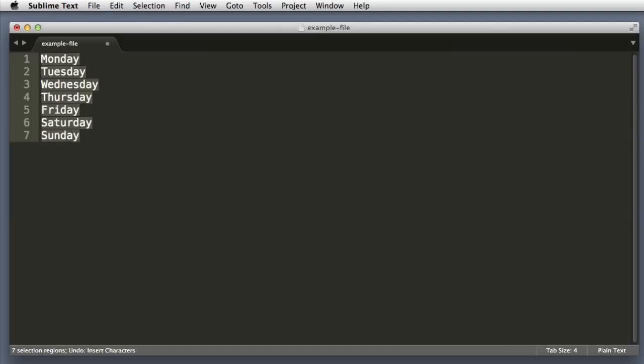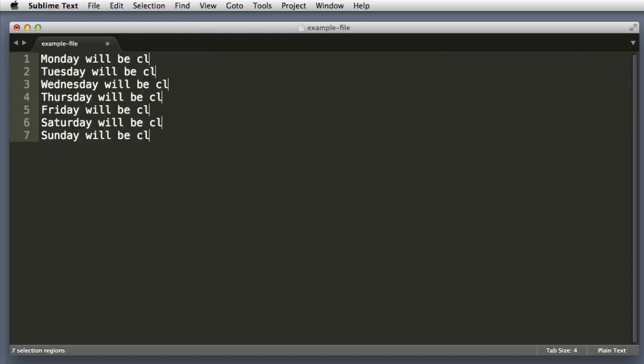So Command-Z, I want to undo that. But if I click the right arrow on my keyboard, it will place the cursor at the end of each line, and then we can say will be cloudy. Now, while we are still in the multi-line edit mode, let's imagine that we want to add